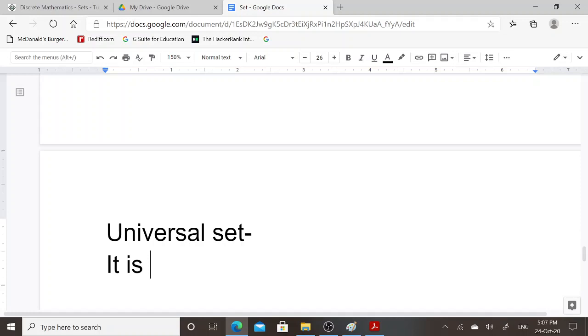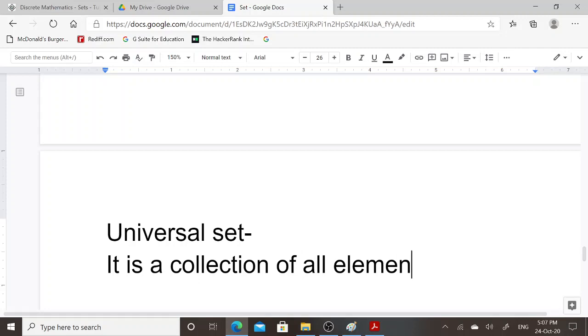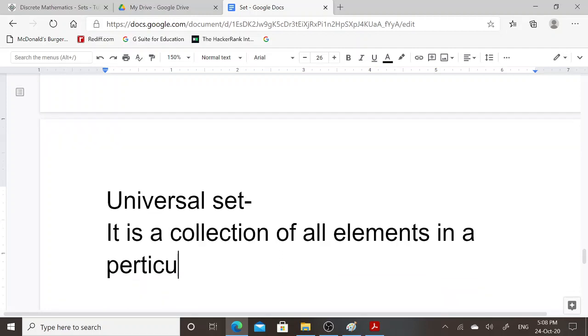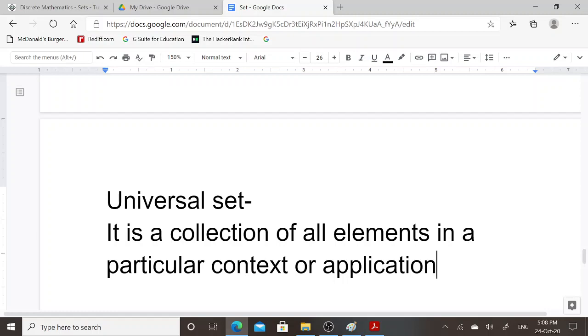It is a collection of all elements in a particular context or application. Universal set is a collection of all elements in a particular context or application.